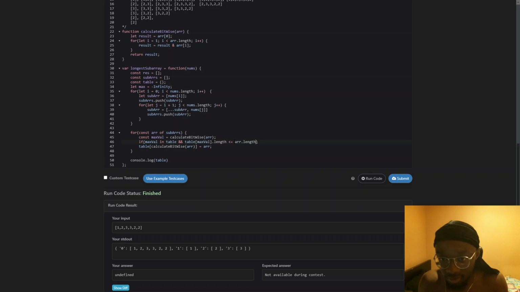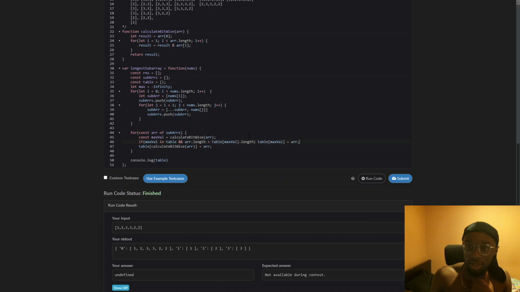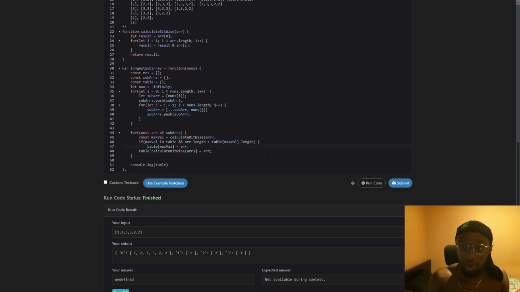Or if array.length is greater than table max val.length. If it is, table max val is going to be equal to array, and then we can globally state that the